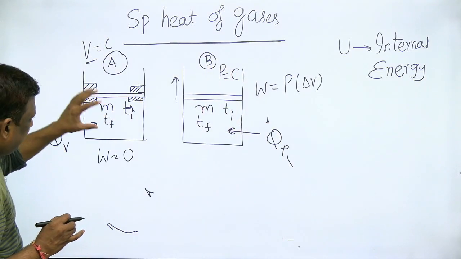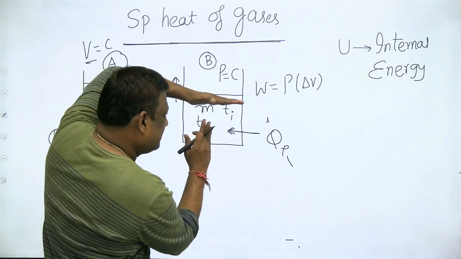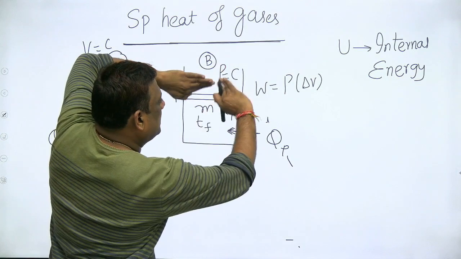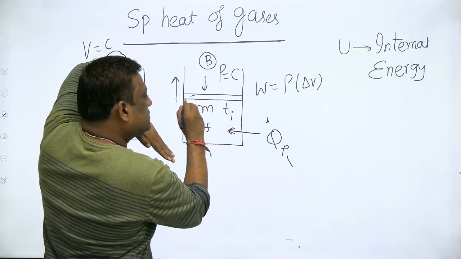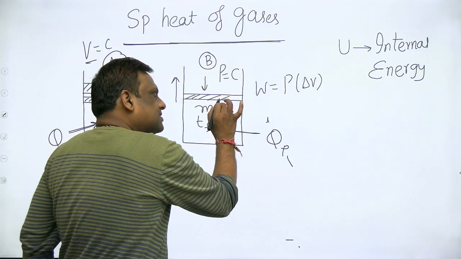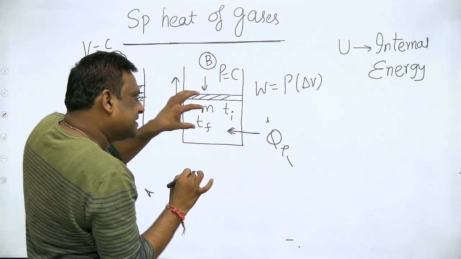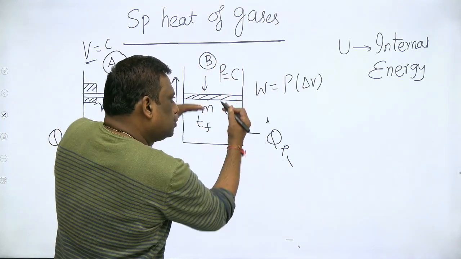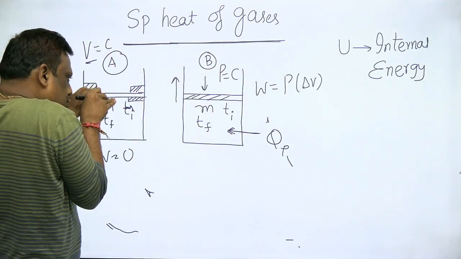The work transfer is zero in constant volume, and here our gas is raising the piston and displacing atmospheric air. मान लो ऊपर atmospheric air है और piston का weight है, so it is doing two works. What are those? So it is not only raising the piston, it is also displacing the atmospheric air. Means यहाँ पे जो heat दे रहा है वो थोड़ा work में काम आ रहा है. And here whatever heat you are giving, it is completely stored in the system.